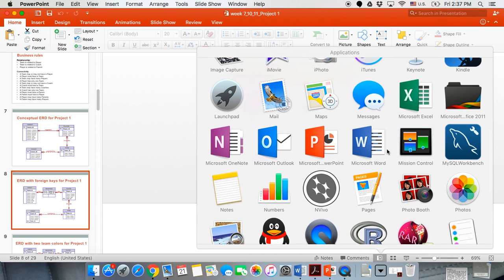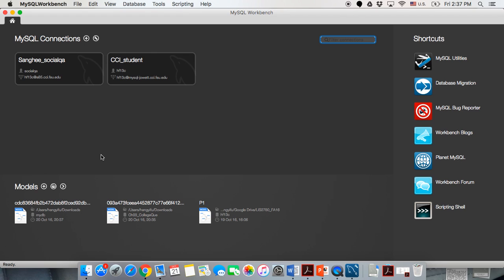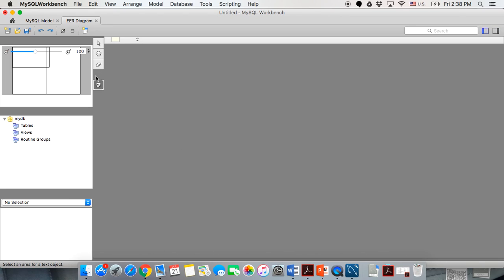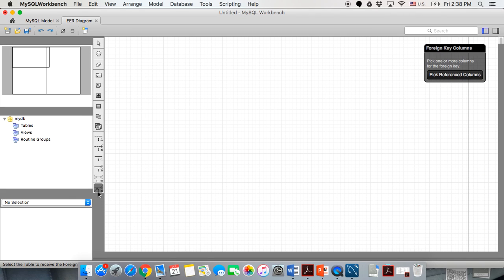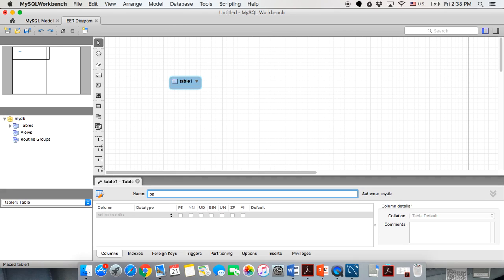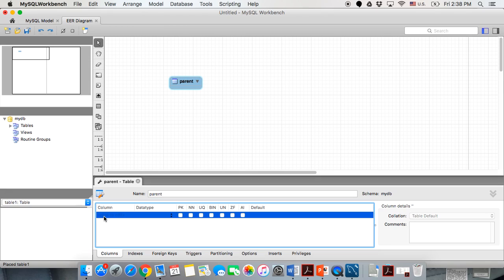Let me pull out the MySQL Workbench and add model, add diagram, and first let's create the parent table. Table name is parent, and the first attribute, also the primary key, is parent ID, and of course, as a primary key it should be set as not null. And since this is an int data type,